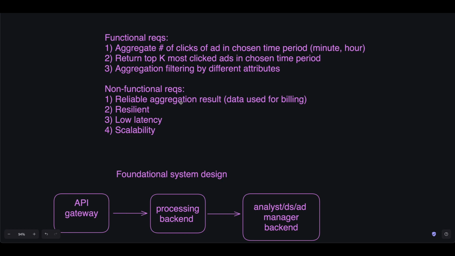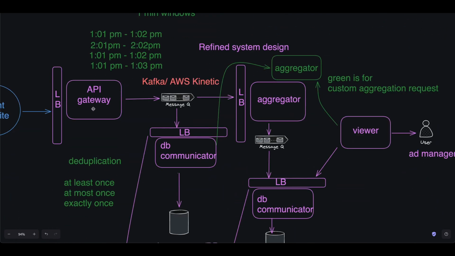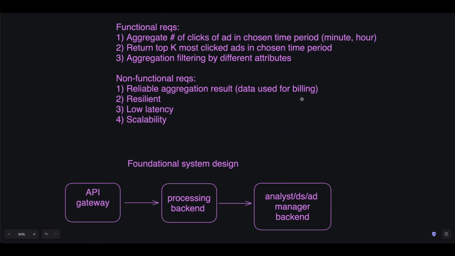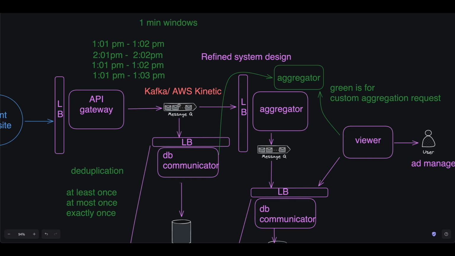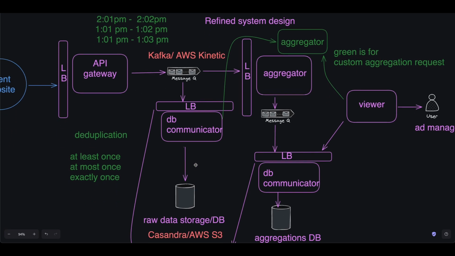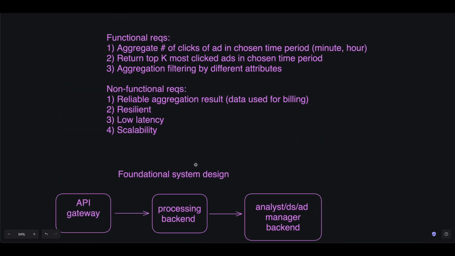As discussed, reliable aggregation, we need to not lose data here and deduplicate it. I had a lot of extensive talk about deduplication, I hope it's helpful. And for the not losing part, due to our scalability, load balancers and messaging queue, we achieve it. Resilience is also achieved through messaging queues because they allow us not to lose data, and load balancers allow us to handle high throughput. Low latency is achieved due to